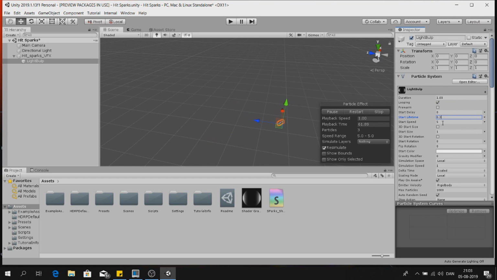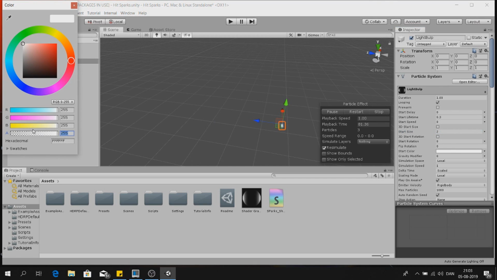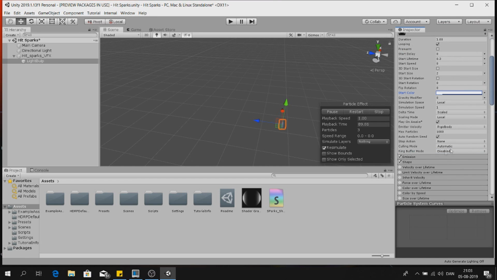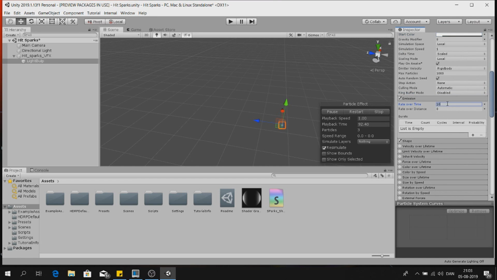We're gonna have the start speed to 0. We're gonna have start size to 2. We're gonna have start color to alpha this, and we're gonna change, let's see what else, emission, we can change this one to 0 and add this one and let it count. So now it's like lightening up, and then we're gonna